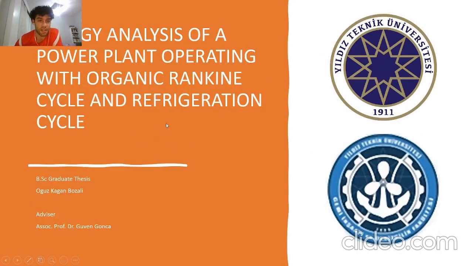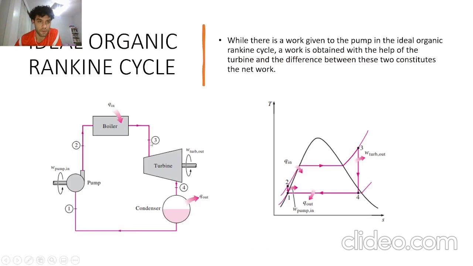My subject is energy analysis of a power plant operating with organic Rankine cycle and refrigeration cycle. Firstly, ideal organic Rankine cycle. The diagram shows the main components of the organic Rankine cycle, and the graph shows us a temperature